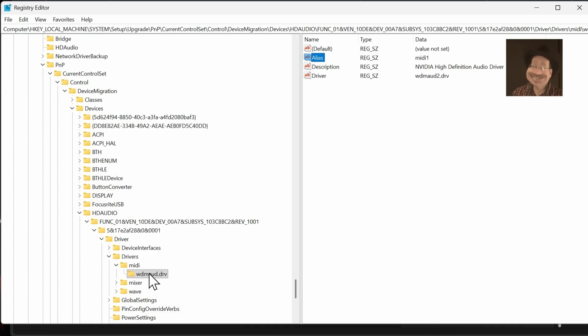wdmaud.drv. I may ought to change the name of this folder. I didn't. But I did go in here. I saw there's a MIDI1 alias here. So I changed the driver name to wdmaudio2.drv. And it didn't break nothing. So now my computer does recognize the Sequential Take 5 and all my MIDI stuff. And so does Reaper, and I'm on my feet and running again, and I'm so happy, but I don't recommend